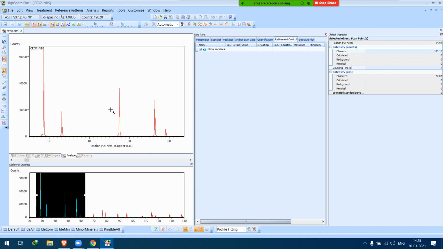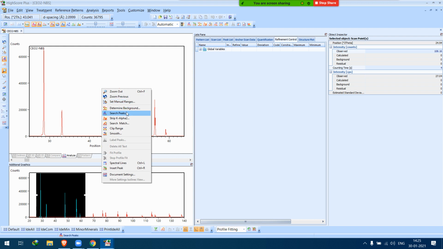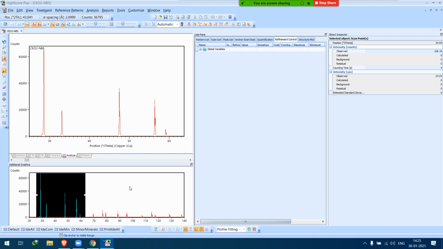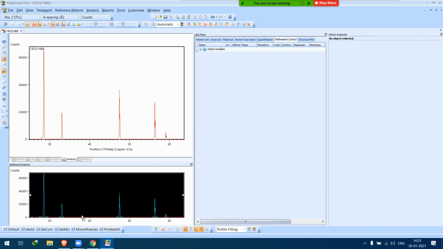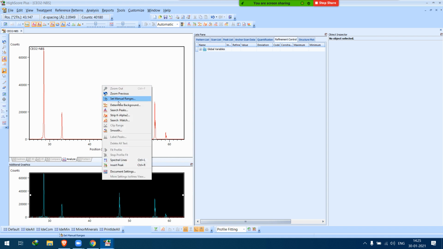After selecting your 2 theta range, you can clip it. Just right click and clip the range so that the fitting will not be performed over the unselected region. Once the range is clipped, you can see the other data has gone. Now we can again perform the same